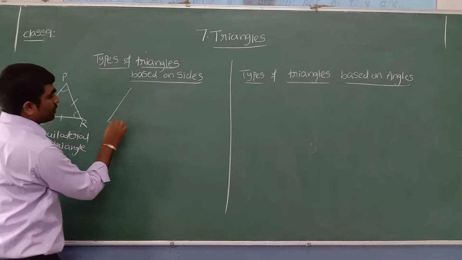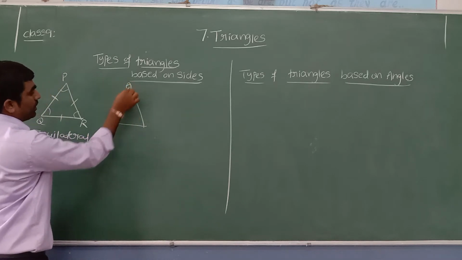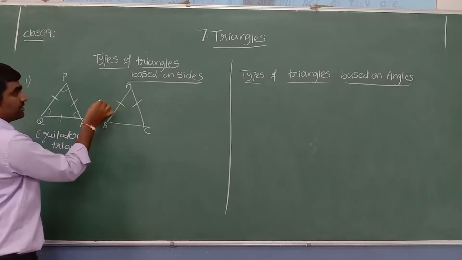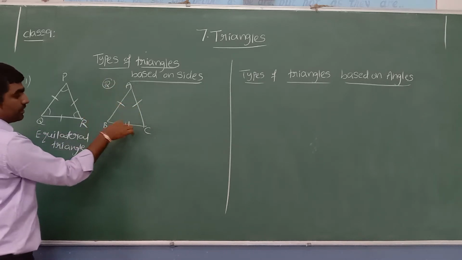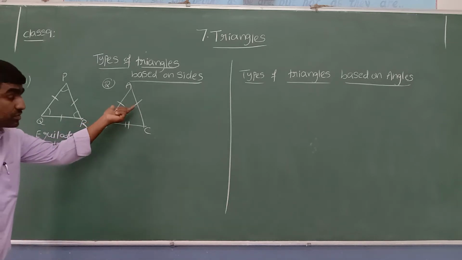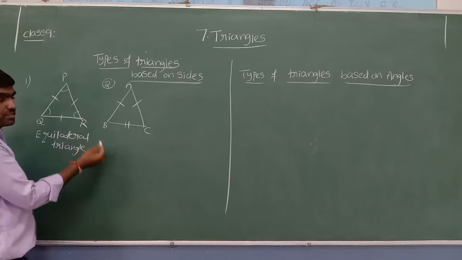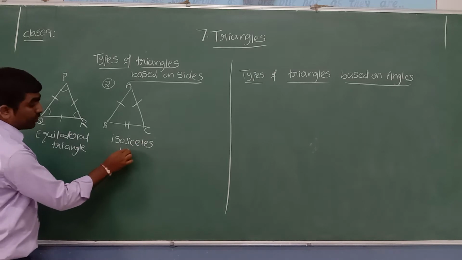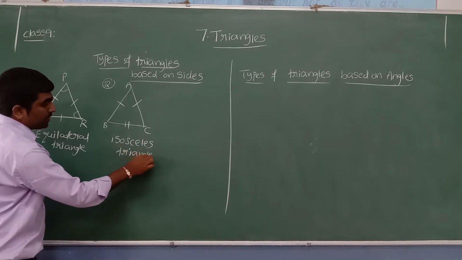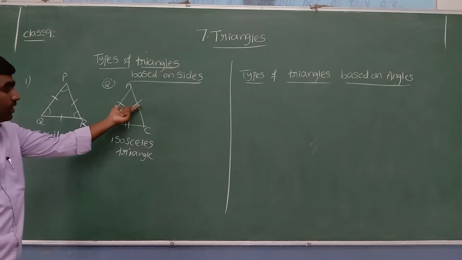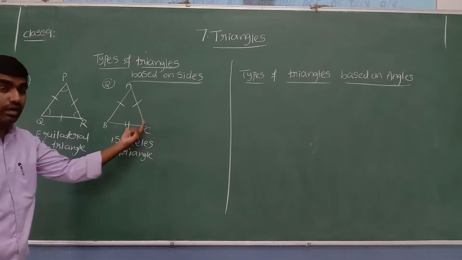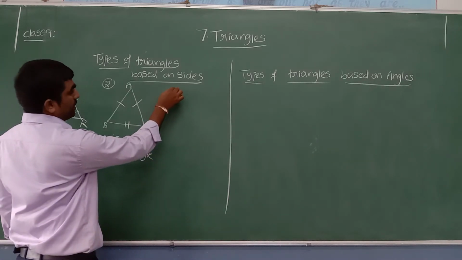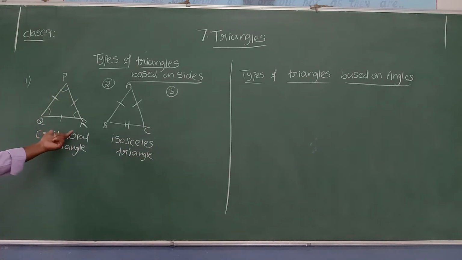If any two sides are equal, let me take one triangle here, A, B, C. Here you can see the length of AB is equal to the length of AC, and the length of BC is other than these two. In a triangle, if any two sides are equal, these types of triangles are called, anyone? Yes, we can call it an isosceles triangle. What is meant by isosceles triangle? Any two sides are equal, not all. This side is equal, even this side is equal. Any two sides of a triangle are equal, they are called isosceles triangle. In the last case, three sides were equal; here, any two are equal.